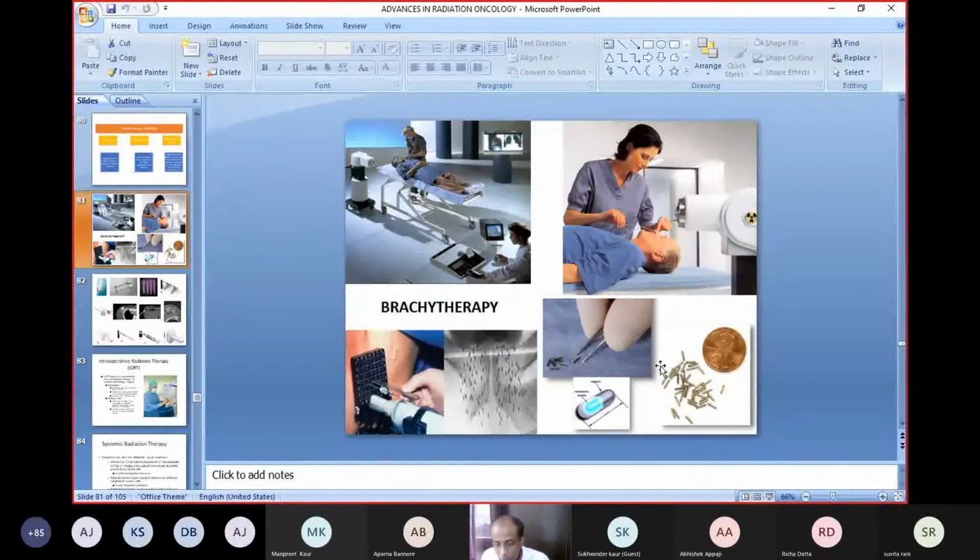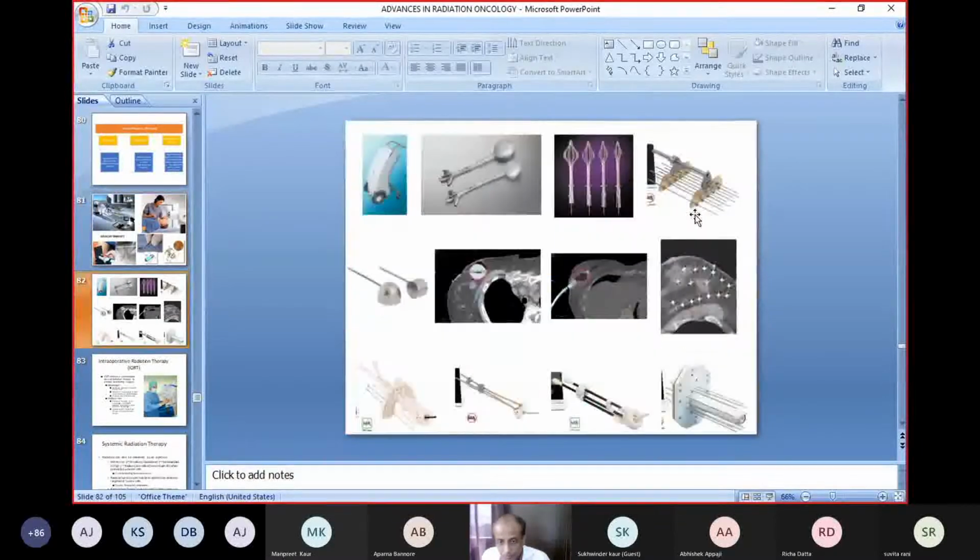The radioactive element used is mostly iridium 192. These are small pellets of a dimension of 2.5 millimeter, embedded in a steel capsule that is welded onto a steel wire, which travels into the patient's body and comes back after the treatment is over. There are so many types of applicators which are placed in the patient's body. These upper three are mostly used for breast cancer brachytherapy. The lower ones are used for cervical or uterus cancer brachytherapy.